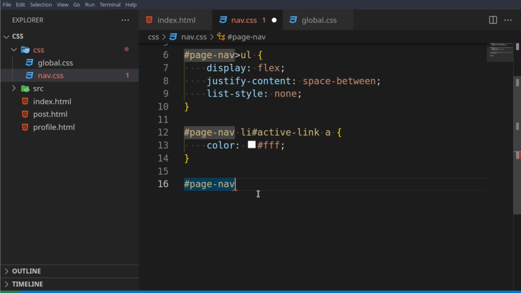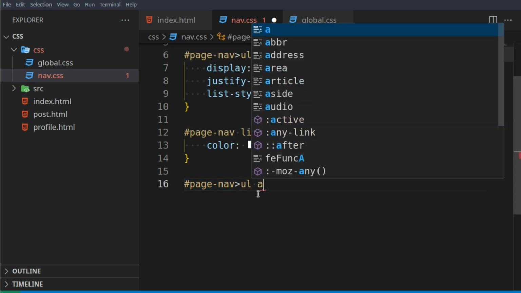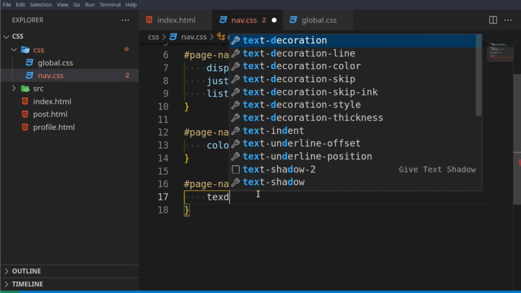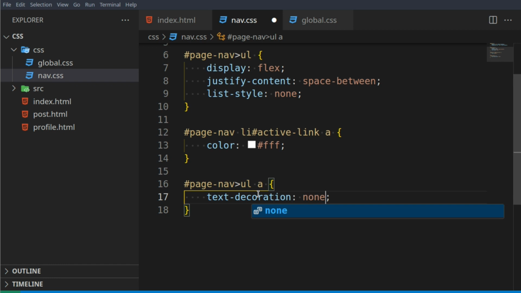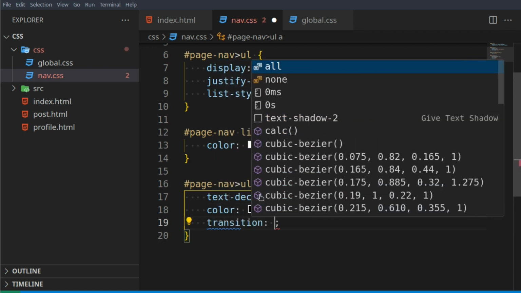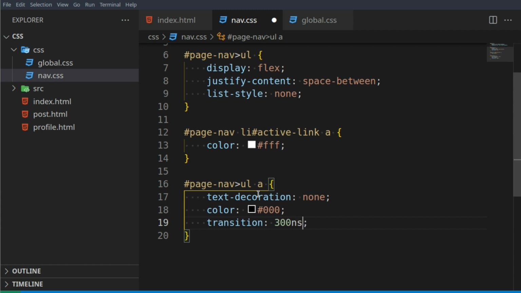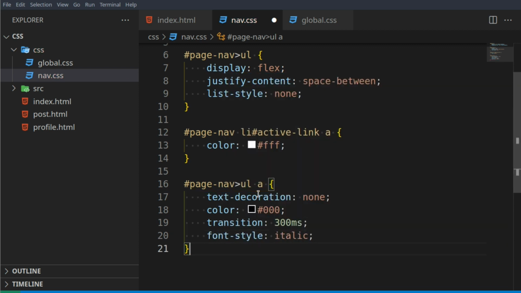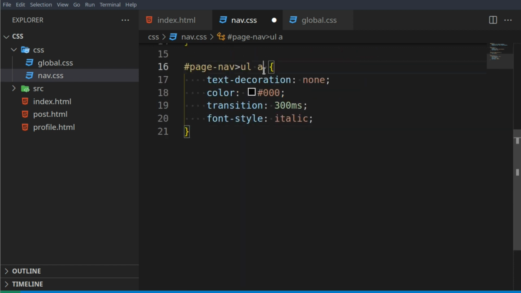Anyhow, then we can say select the first UL element, select all the a tags in that unordered list, and we just say text-decoration none. That should remove the underscores. Color, make them black. Transition, 300 milliseconds. This will just add a nice little transition to them. And then font style, italic. And then to make sure the transition works, we can copy this,